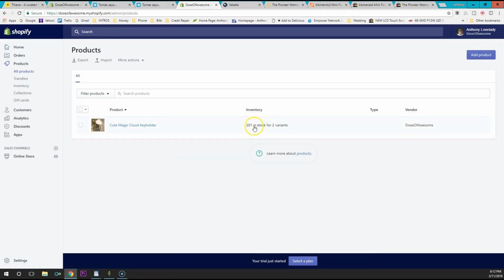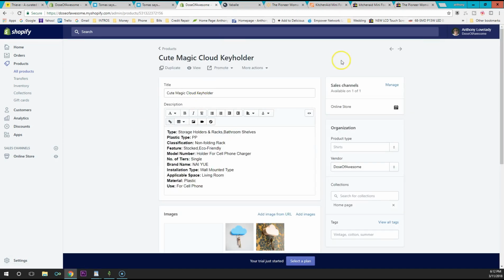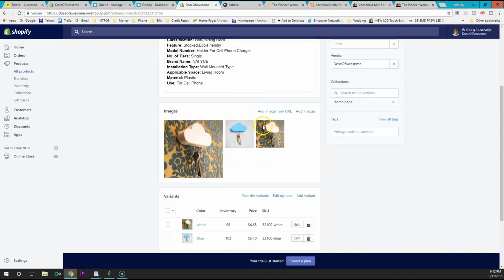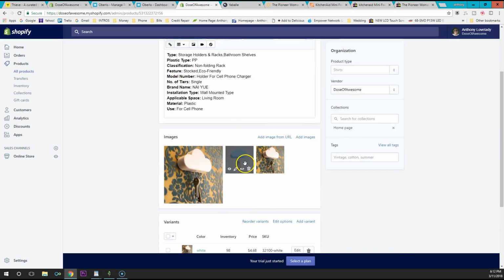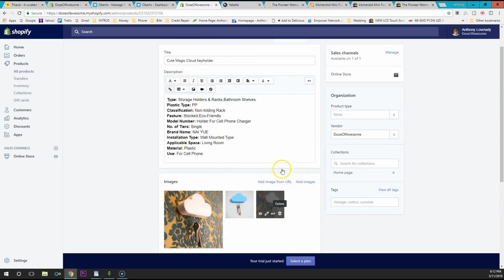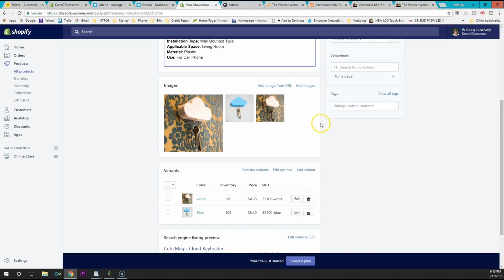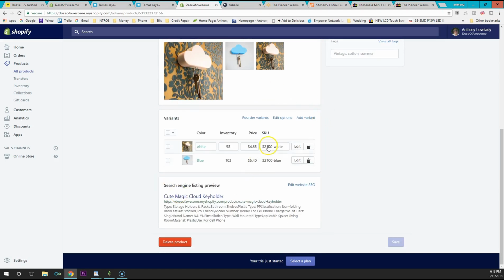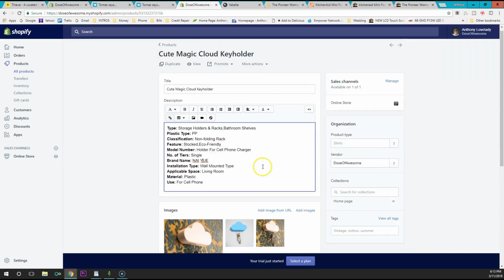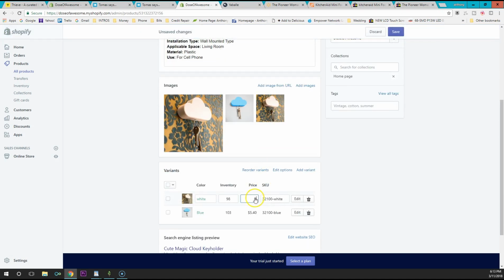So right here it's showing us 201 in stock and it has 2 variants. All right, so right here we can go in here, we can add images. You can take down images. If you do order these products and you take pictures of them yourself, you can add them here. It'll automatically upload the description from AliExpress or Alibaba. And this right here is where you can change the price. So this is a $2 product. You know, I may want to sell this for